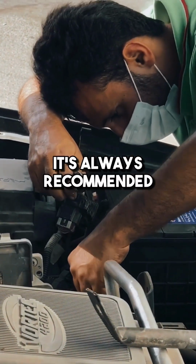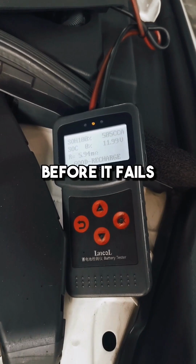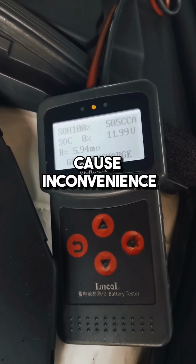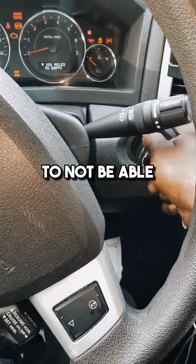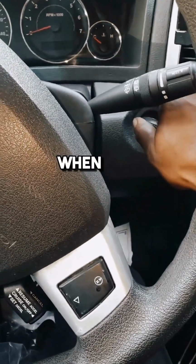It's always recommended to check the battery's health before it fails, as it can cause inconvenience and can be dangerous in certain situations. You don't want to not be able to start your car's engine when you are rushing off